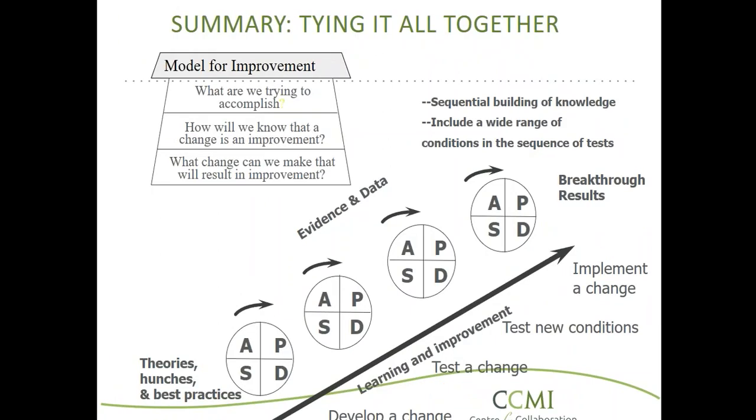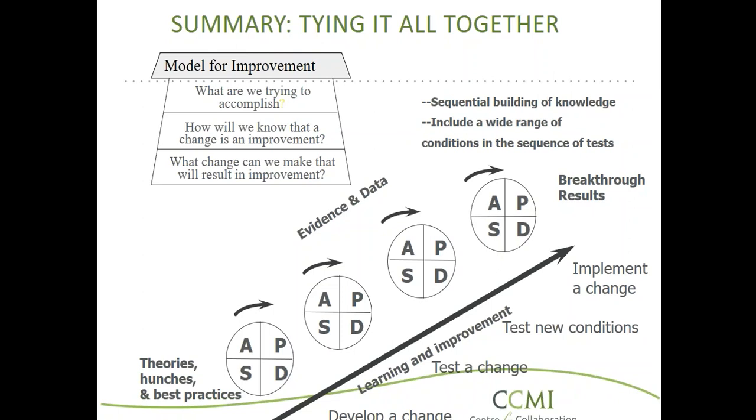So again, you can just see this is sort of tying it all together. We have our aim statement. We want to do this with our current system and fix this. Here are our measures, how we know that a change is an improvement. Here are our measures that we're going to use to monitor the process. We have a bunch of good ideas from research evidence and best practice that we're going to try testing. And then we're going to have our theories and hunches and best practices and begin testing down at the bottom